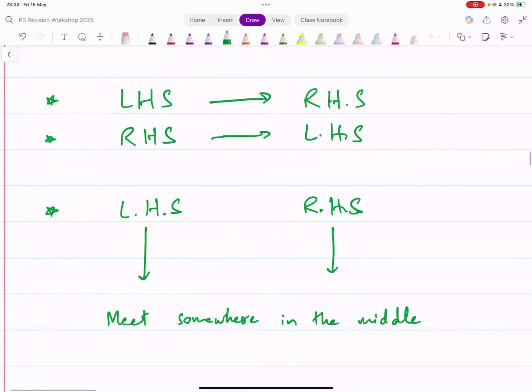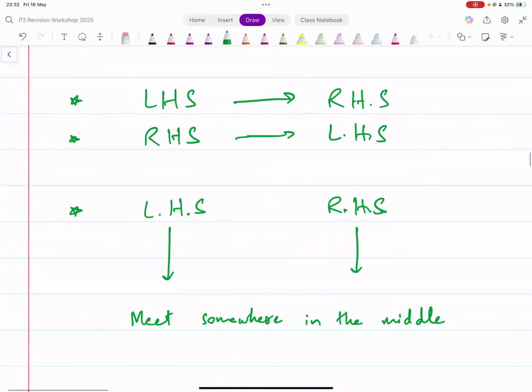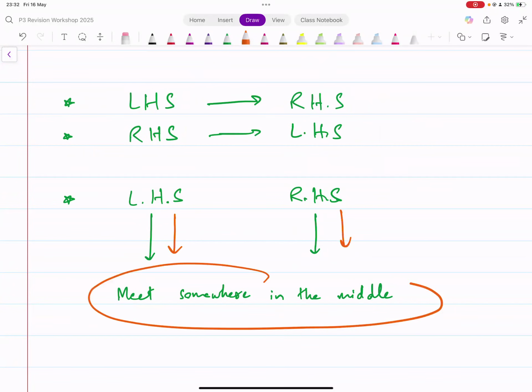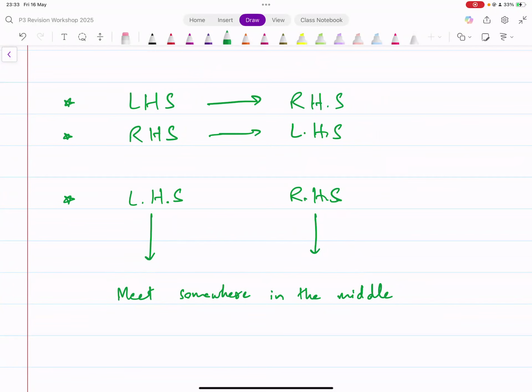However, you can work either way. You can start from the left-hand side and equate that to the right-hand side. You can start from the right-hand side and equate that to the left-hand side. Or it is also possible that you simplify both sides separately. Simplify the left-hand side as well as the right-hand side, and then you meet somewhere in the middle. This is something that we will be doing in some more complicated identities, in which on both sides we have double or compound angles. For example, on the left side, you might have, for instance, sine of 2 theta plus